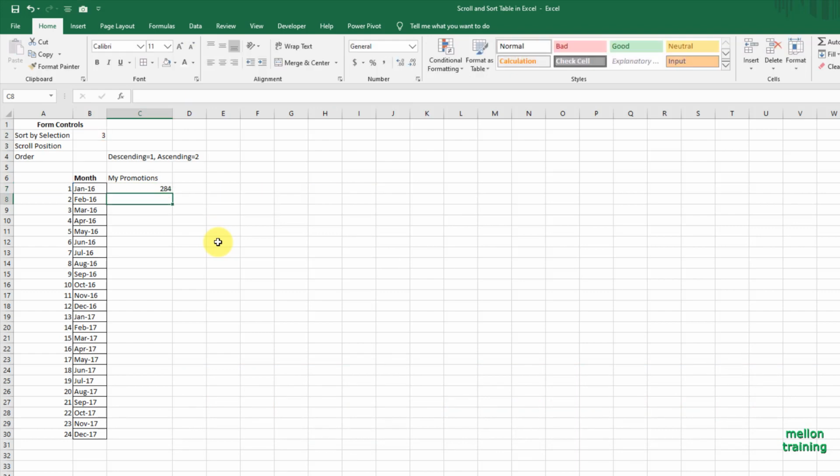Enter, and the result is 284, which is correct as you can see from row data table.